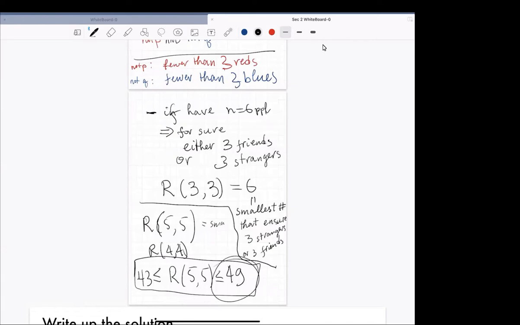So what prevents me? I mean, 49 is a tiny number. Generating 49 objects on a modern computer or ancient computer for that matter is a trivial thing. It's 49 entities you can generate. You can draw connections between them, assign to those connections a color, blue or red, or 1 or 0, whatever, and check. Do I have a triangle, or in this case, a clique of 5? You can always check that, right? I'm checking for structures like this inside. Why is this not known? Why can we not check?